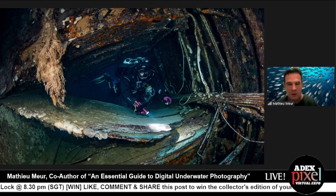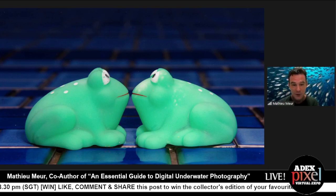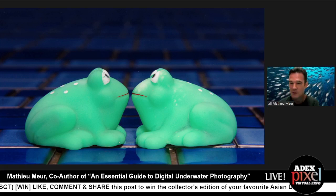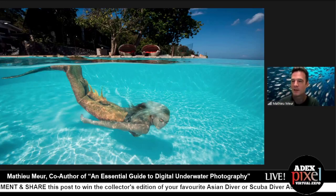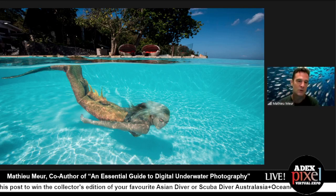Don't waste time underwater. In terms of not wasting time underwater, another good piece of advice is you should practice in the pool. Time in the pool is free or very cheap. Whether it's equipment you've had for a while or equipment that you just purchased, practicing different kinds of shots underwater, whether it's macro or wide angle, practicing with models, making sure they're looking at you, they understand the signs. All these are very, very useful things to practice in a pool